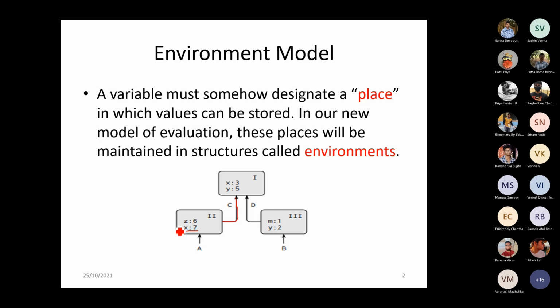Now coming to the variable z, what happens? When you try to access variable z, which is there within frame 2, you will be able to access z as 6 itself. From here, if you try to access the variable y, we don't have it, but it will access it from the previous one, that is the one above. So we will be able to get the value 5, which is from the global variable. Just for you to imagine, I'm saying this to be the global variable, and this to be the main function, something like that.